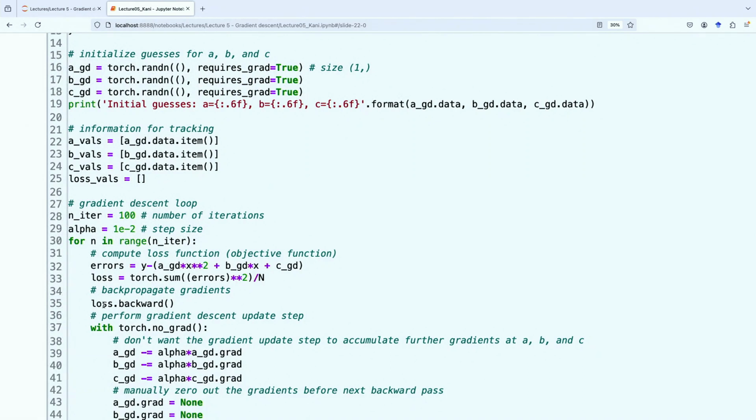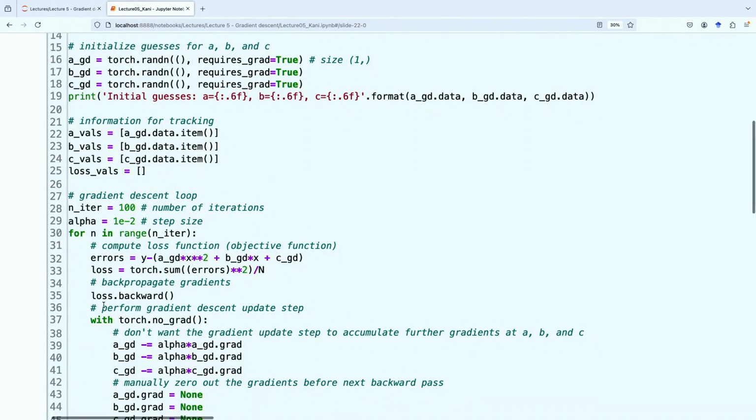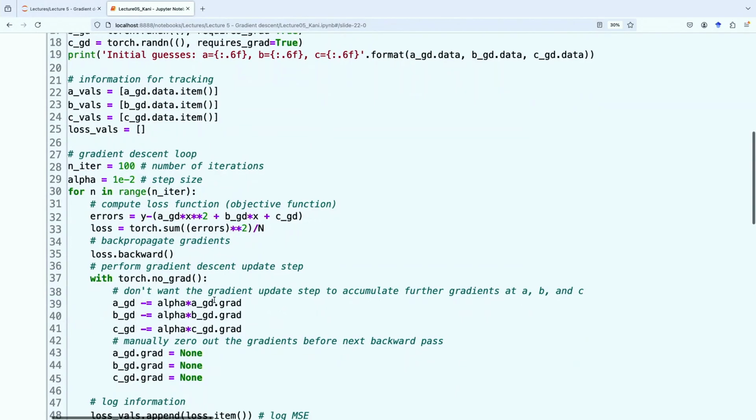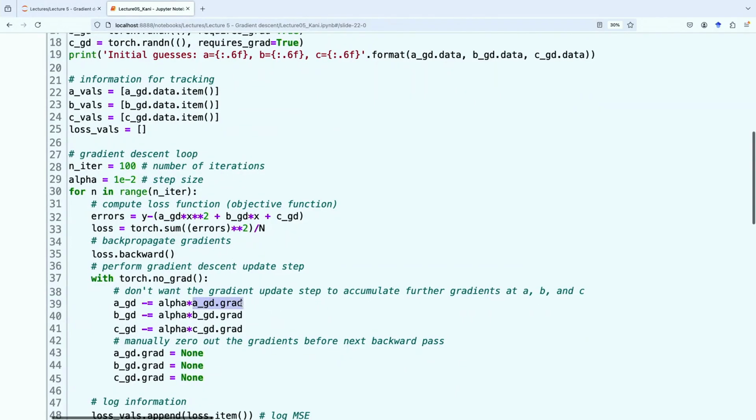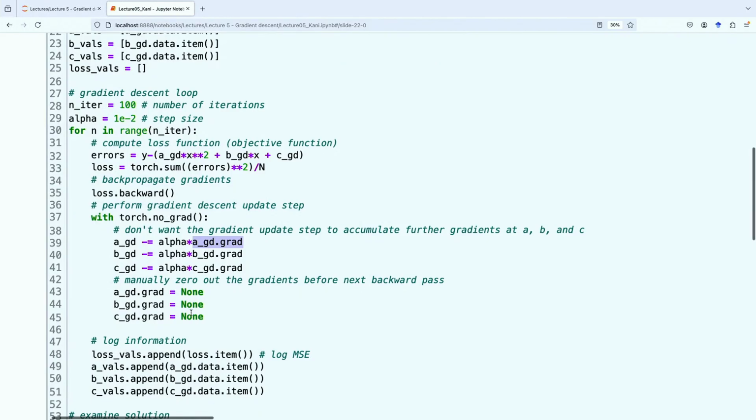You're calculating that gradient, and for each of A, B, and C, you are simply finding the gradients of A, of B, of C, and then multiplying it by some learning rate and changing it like so. Okay, so we didn't even really need to do the backpropagation ourselves. PyTorch is doing that for us, and we are just benefiting because PyTorch says loss.backward. Because when we say loss.backward, PyTorch is literally running that backward